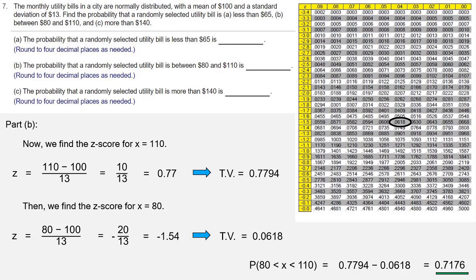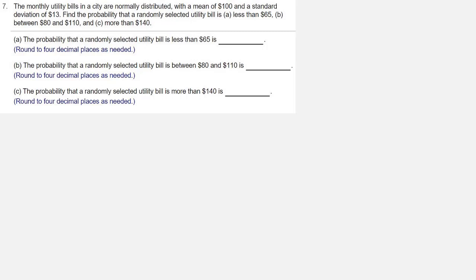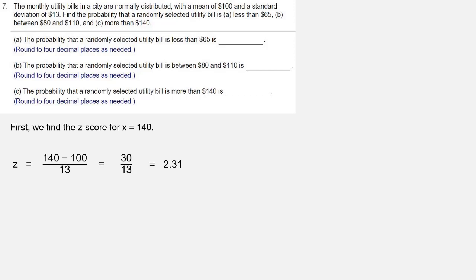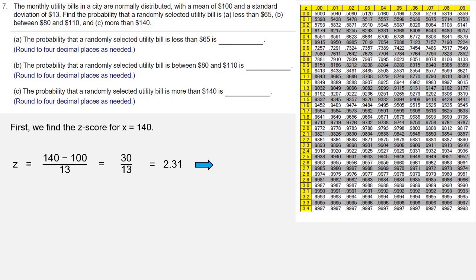In part C, we want the probability that a randomly selected utility bill is more than $140. So we find the z-score for x equals 140. Z equals 140 minus 100 over 13, which is 30 over 13, which is 2.31. So we need the positive side of the standard normal distribution table. We look up 2.31, and we get a table value of